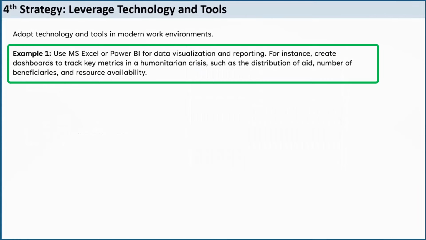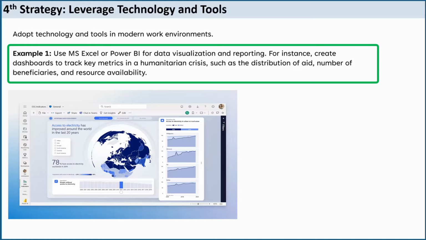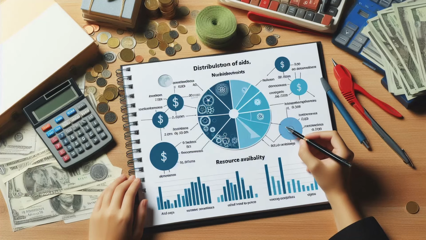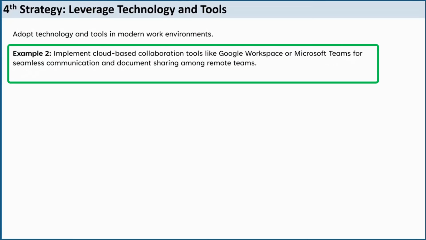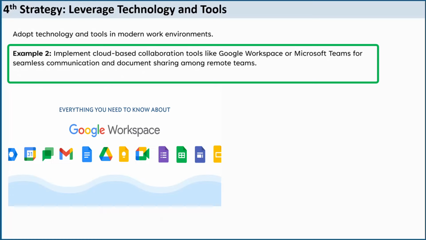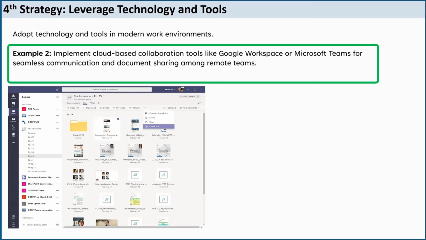For example, use MS Excel or Power BI for data visualization and reporting. For instance, create dashboards to track key metrics in humanitarian crises, such as distribution of aid, number of beneficiaries, and resource availability. Implement cloud-based collaboration tools like Google Workspace or Microsoft Teams for seamless communication and document sharing among remote